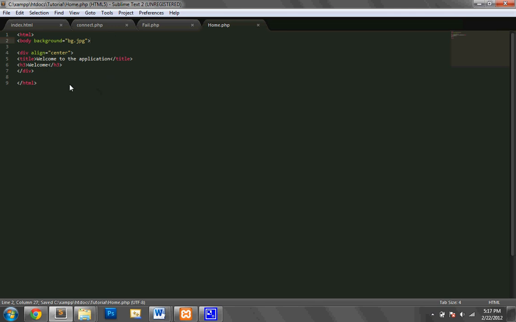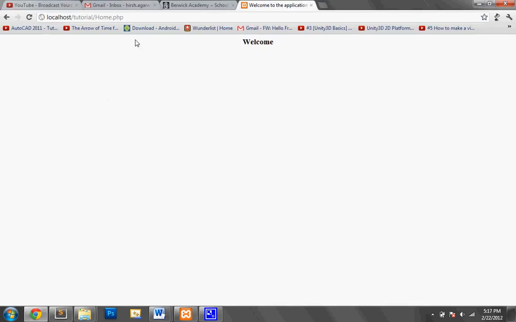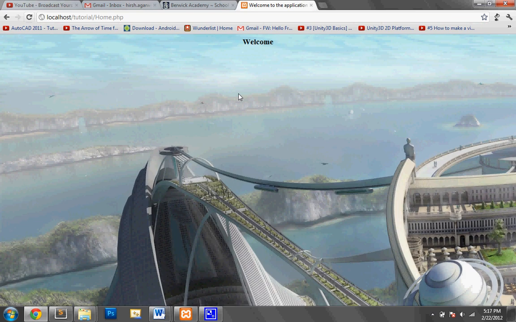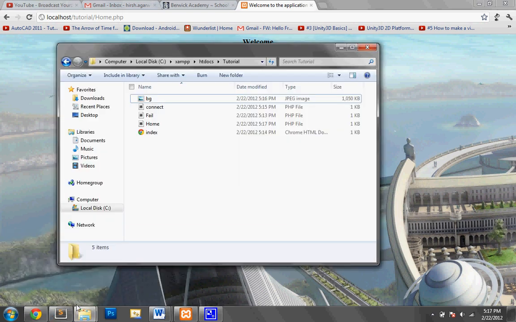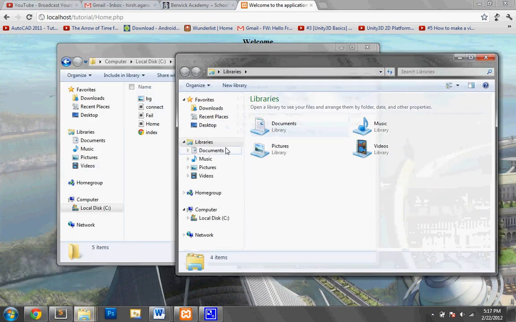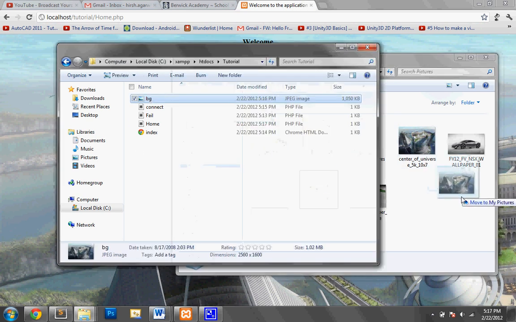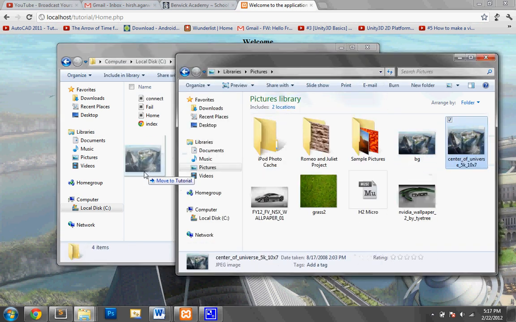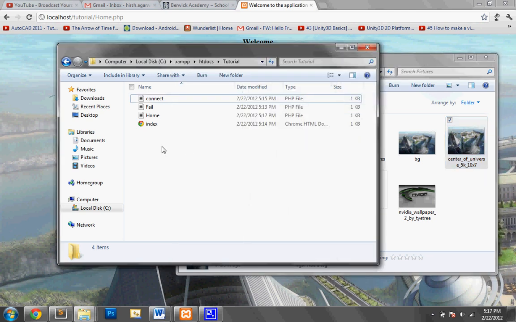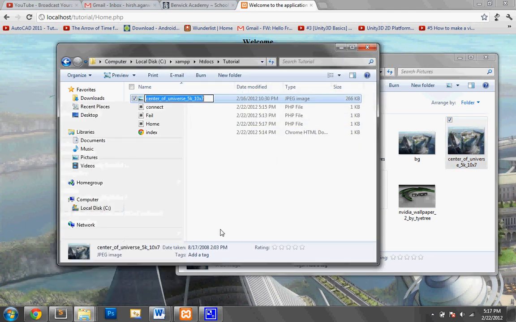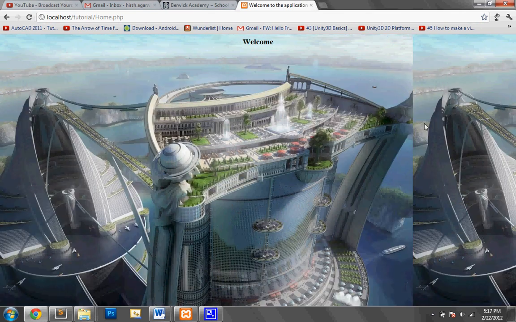So as you can see, it's a little bit large. That would be a reason why I probably should have used the smaller one. Oh shoot, okay, that's something you don't want to do. You should probably copy it, but I'm just gonna rename this one. Okay, so I'm just changing that to a slightly smaller one. And as you can see, it's now tiling it. So for this, we're gonna have to format it. So for now, I'm just actually going to stick with